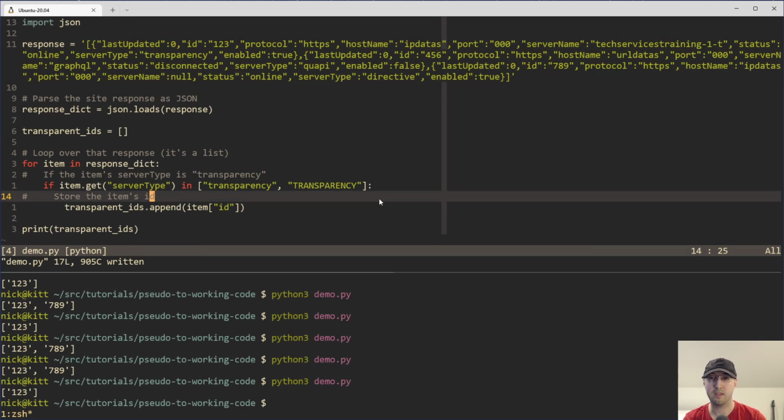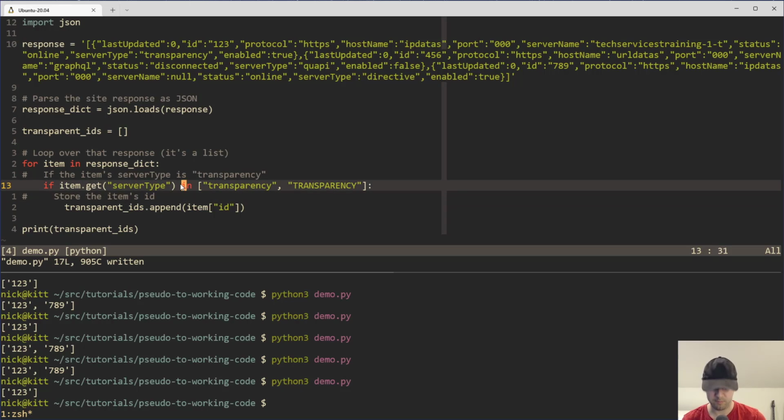This totally handles the case of it being transparency or Transparency. I am yelling in your face. But there's other ways to do this as well, right? So if we change that back to equals, we could do, let's see, we could,